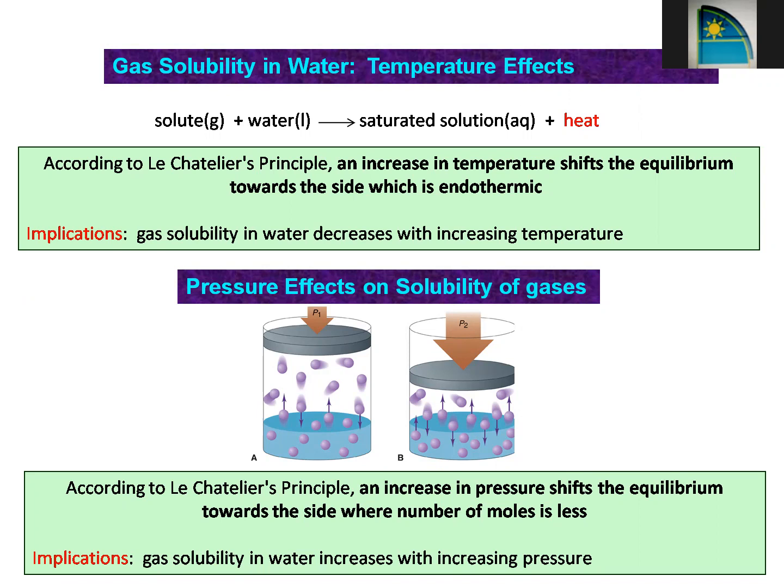Again, we will use Le Chatelier principle, which says that when we increase the pressure, the equilibria will shift to the direction where the number of moles is less. You can very well see from figure A and figure B that in figure B, the number of moles of the gas is lesser as compared to in A. So what will happen if we increase the pressure, the solubility of a gas will increase inside any given liquid.